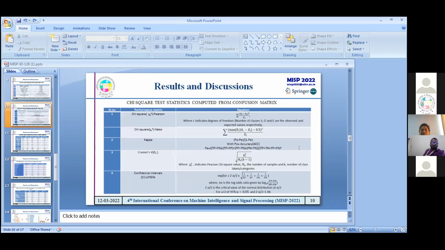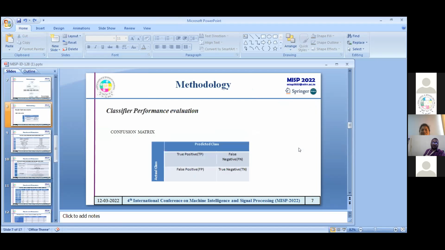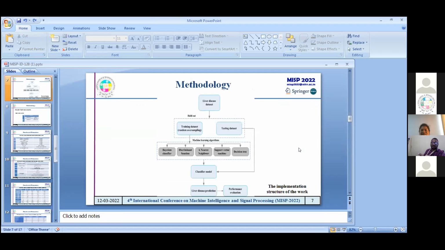Wherever you are reaching on a particular slide, tell the slide number also, so that we can understand your slide is moving. And majorly you focus on your result discussion because I think you have another 5 minutes to finish. Okay, sir. And you explain your major contribution and compare with the state of the art. Okay.